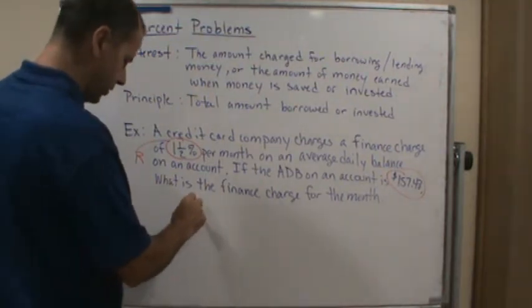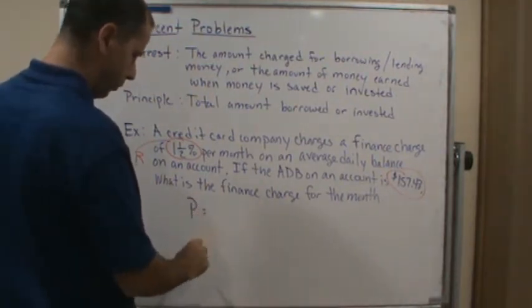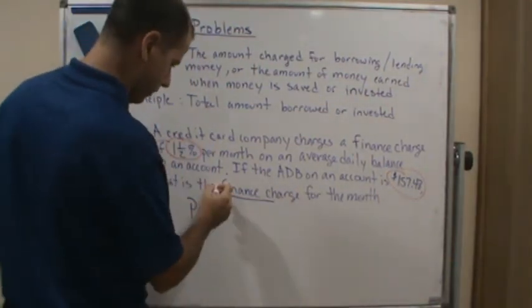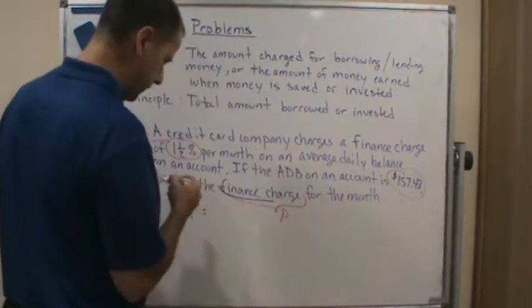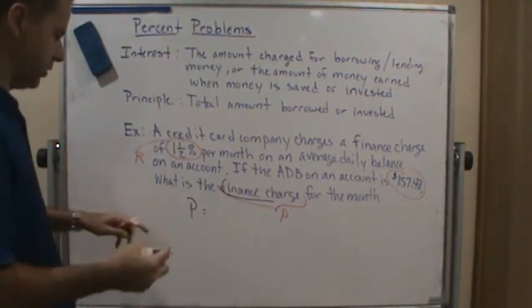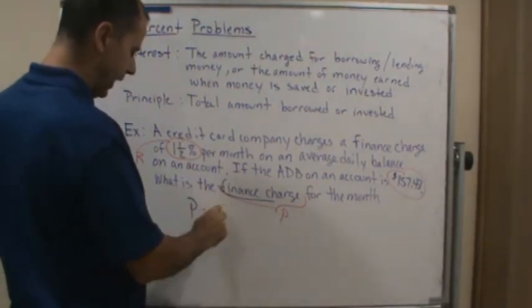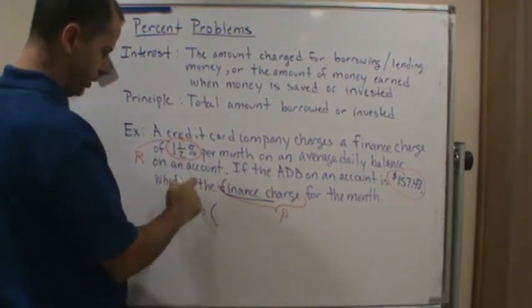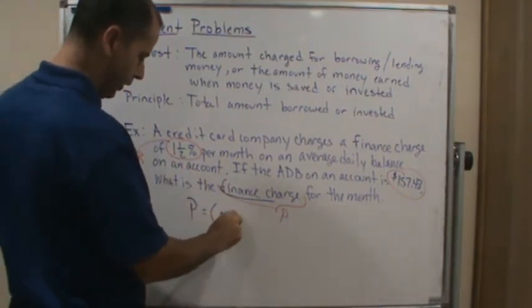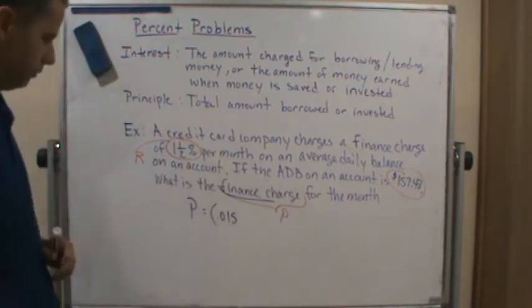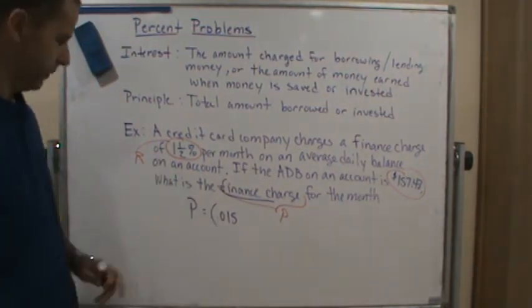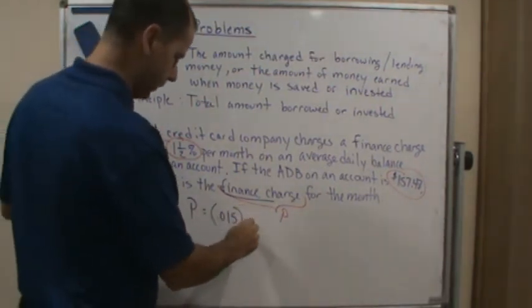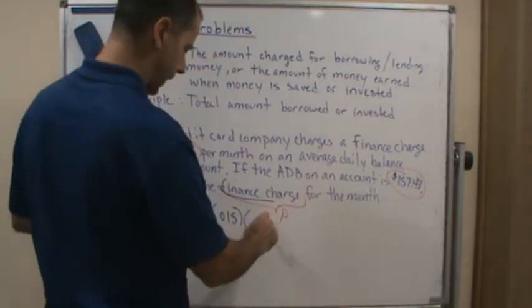So the finance charge is P. And the finance charge is equal to what? 1.5%, which as a decimal is 0.015, times the total balance, which is